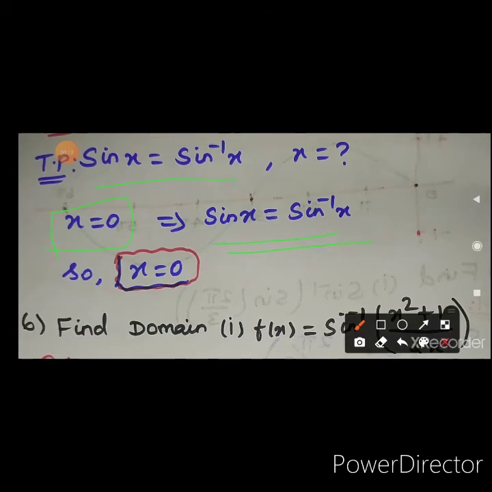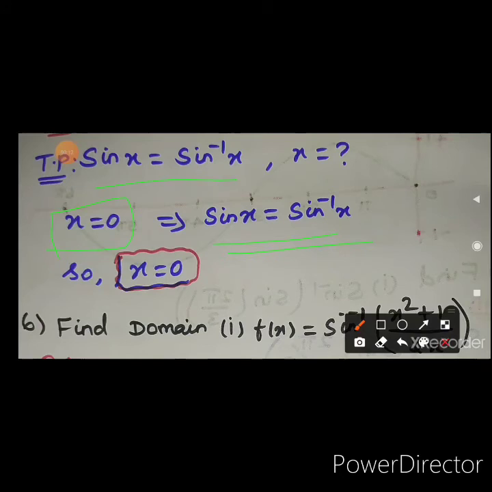Then we are going to positive side. 2x minus 1 less than or equal to 1. 2x less than or equal to, this minus 1 going to right hand side, so 1 plus 1 is equal to 2. 2x less than or equal to 2. Then x less than or equal to 2 by 2, these two going to right hand side, 2 by 2 we are simplifying 1, so x less than or equal to 1.